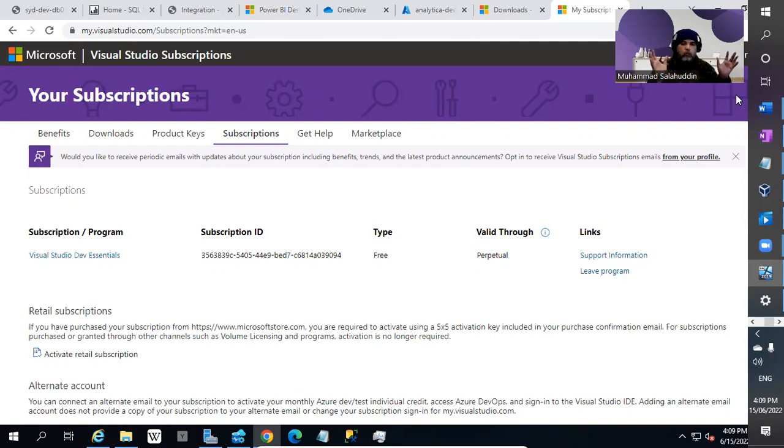Visual Studio itself is more like the bunch of tools that Microsoft has built over the time, and it provides us the full development capabilities to build any sort of product using the .NET technology. What we are going to use it for initially, we are going to use it for building the SSIS packages, which provide us the ETL capabilities